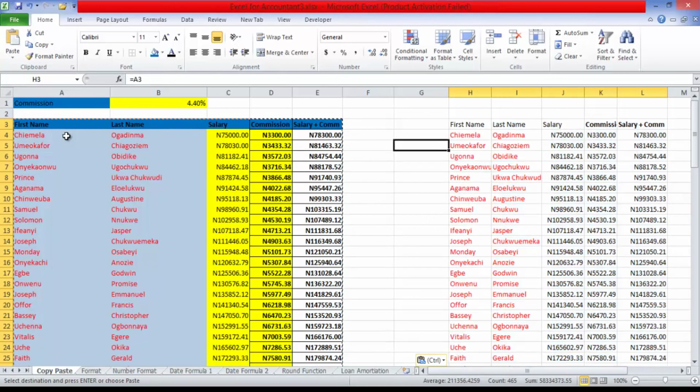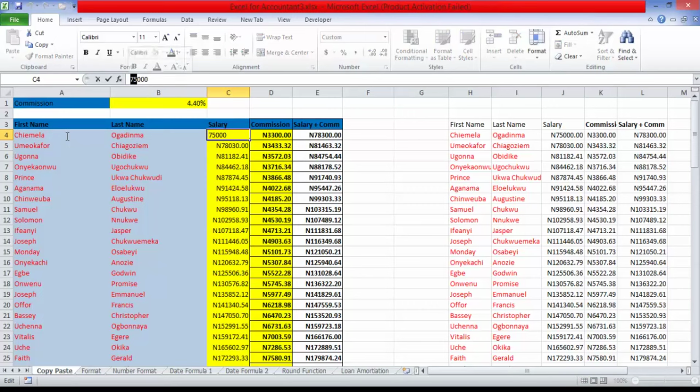Now the moment I click on this, you see Microsoft Excel copies the data set without the formatting feature. You can see the salary column is not highlighted yellow, the commission column is not highlighted yellow, and the word commission is not shown fully in this particular column heading. Why? Because I told Microsoft Excel to only link the data set. So the very moment I change the value in this data set, this is 75,000 naira, the very moment I make it 50,000 naira,